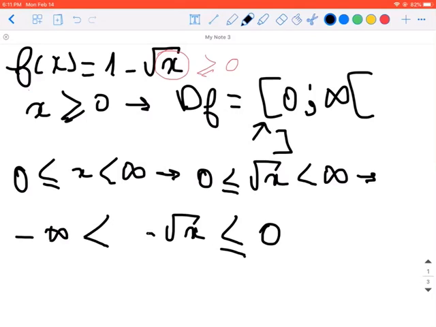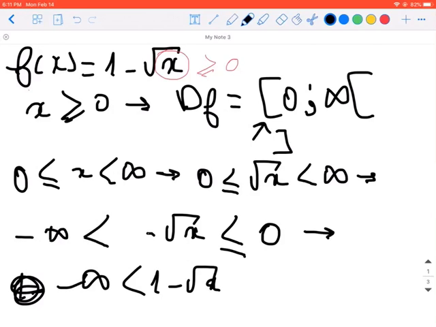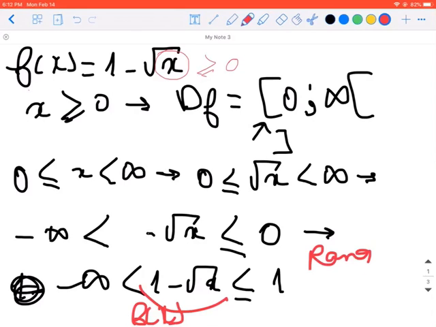So if we add 1 to all sides, we get that 1 minus radical x, this is f of x. So the range is minus infinity to 1. Okay,